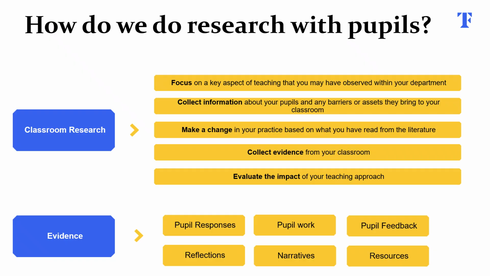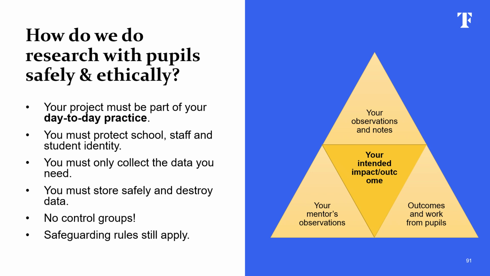So what does this mean for us in our assignment planning? A few points to note about ethics. The day-to-day practice is particularly important. This means you shouldn't be doing anything you wouldn't be doing as part of your normal teaching practice. So, for example, don't use pupil questionnaires or focus groups unless your school or department has these as part of their own quality assurance and evaluation exercises. The clearer you are about your intended impact or outcome, the easier it is to work out what evidence is worth collecting to measure this. For example, if I was interested in making a difference to pupil oracy, there'd be no purpose to me setting a written assignment and using this as evidence.